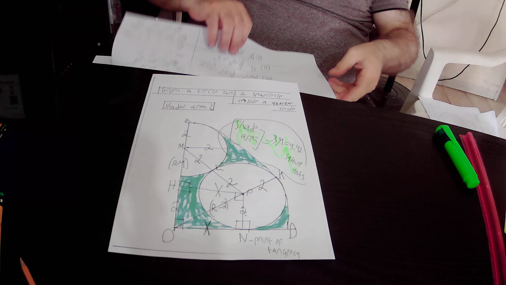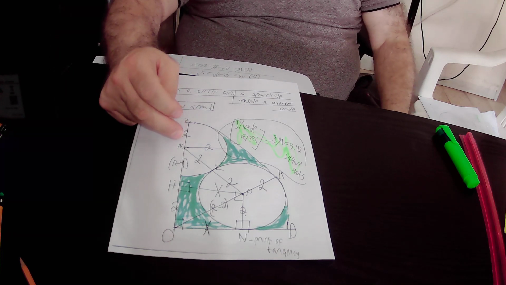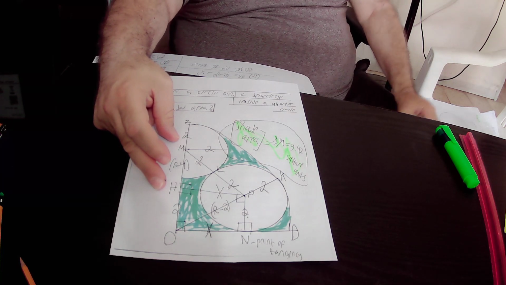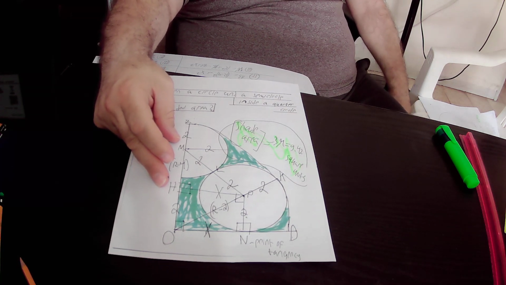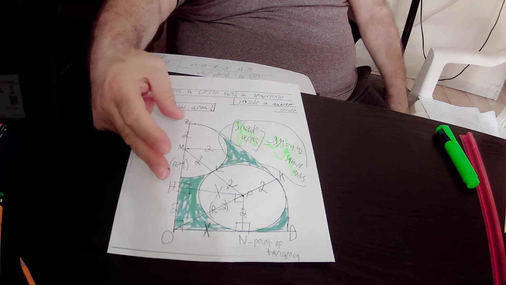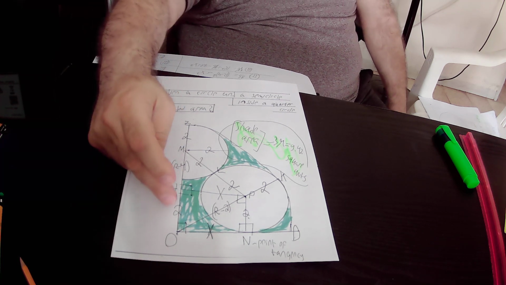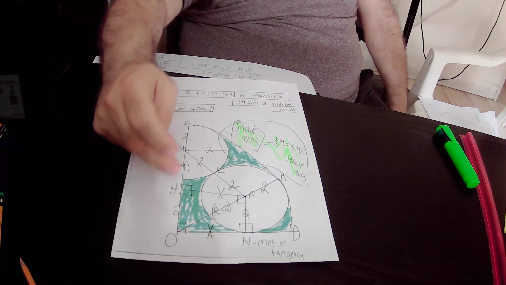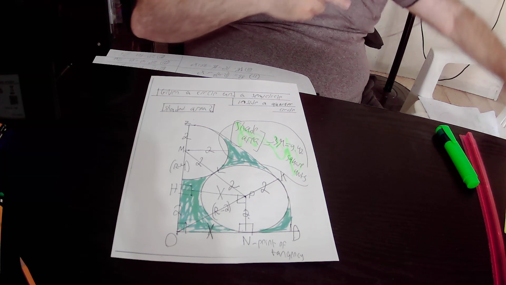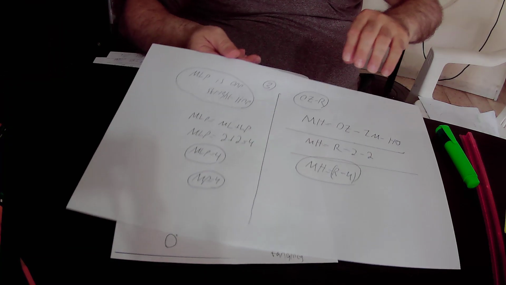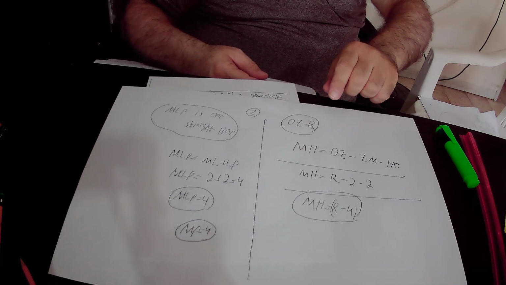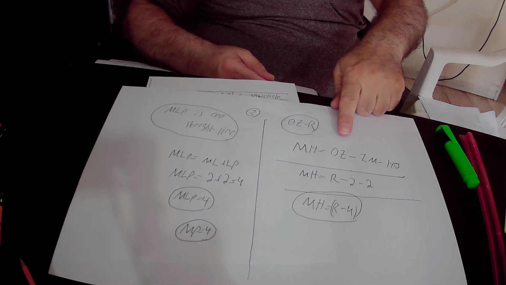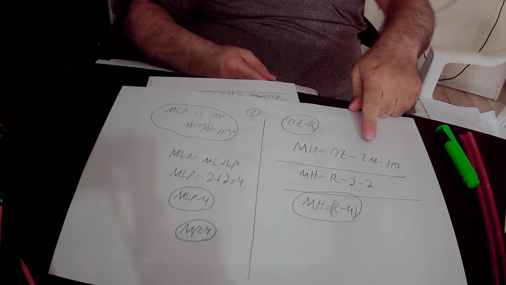But before that, we found out the length of MH. What is the length of MH? It's very easy to see that the length of line segment MH equals ZO, that is the radius of the quarter circle, minus ZM minus edge O. I'll repeat again. MH equals ZO, the radius of the quarter circle, minus ZM